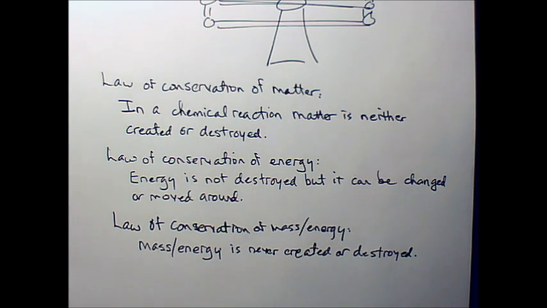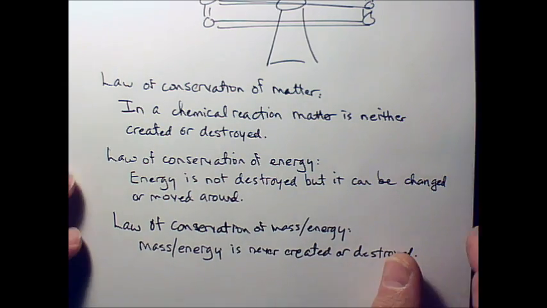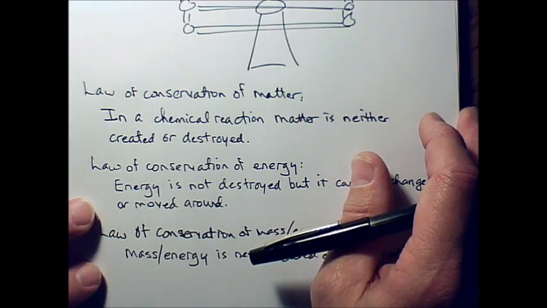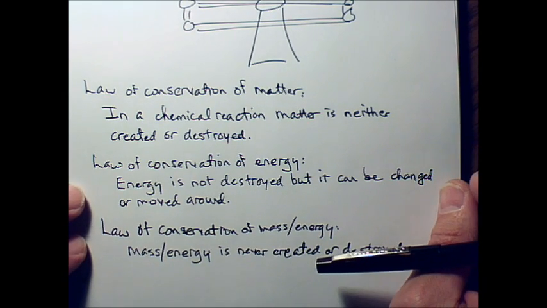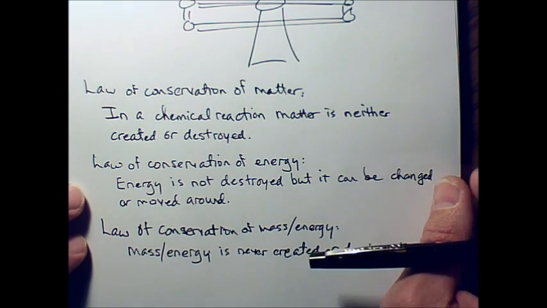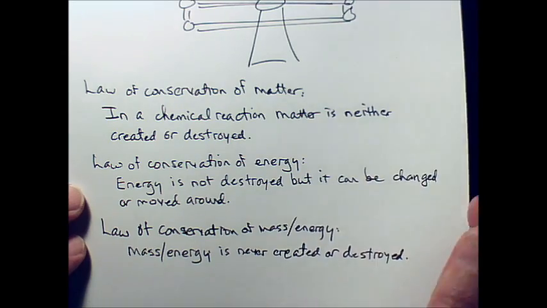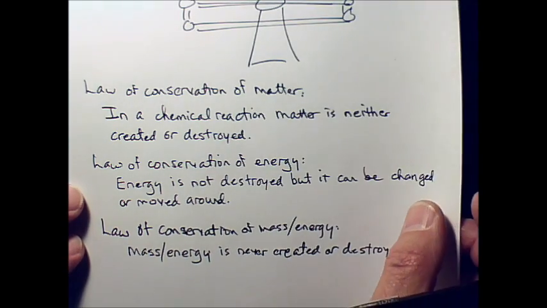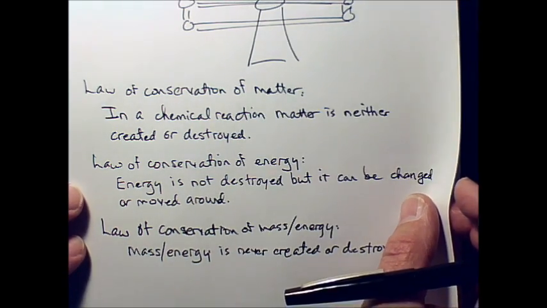Now, I can take matter. This is how nuclear power plants work. It's how nuclear bombs and atomic bombs work. They change mass into energy. Theoretically, it might be possible to turn energy into matter. We don't have the technology yet, but theoretically it should be possible at some point. Okay? Does that make sense so far? You with me? The amount of mass energy is fixed. It doesn't change. So you can change one into the other or move it around, but you can't get rid of it. Right?